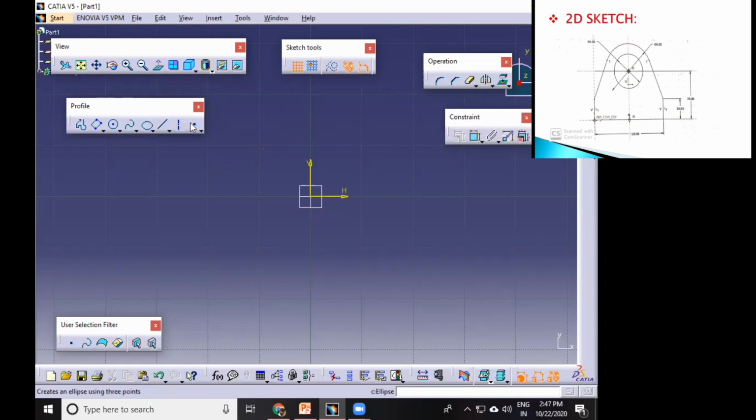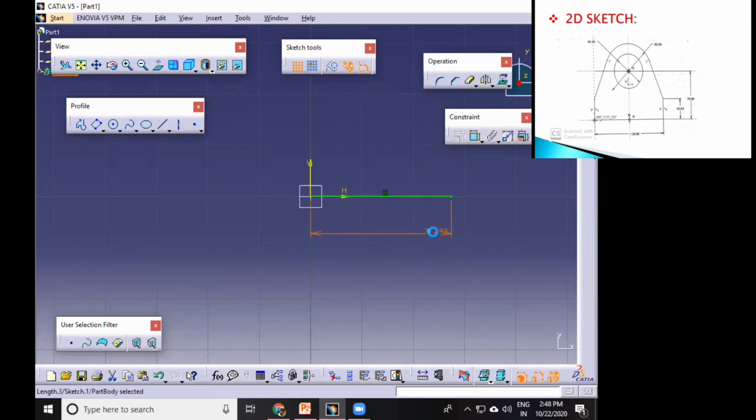Okay, this is the line command in the profile toolbar. This is very useful to draw your geometry. Okay, select it, double click on it, then draw. Okay, then give a dimension.